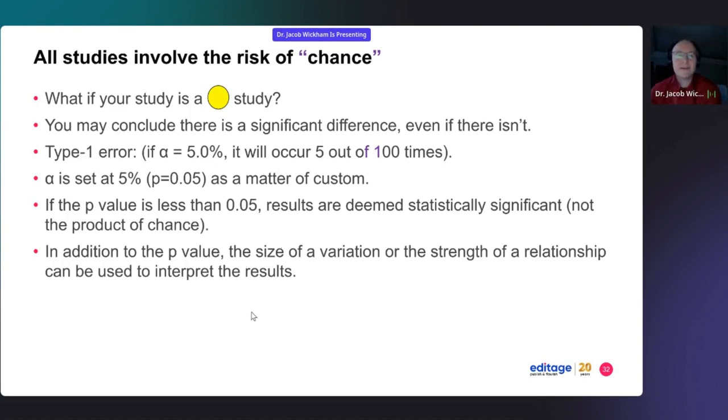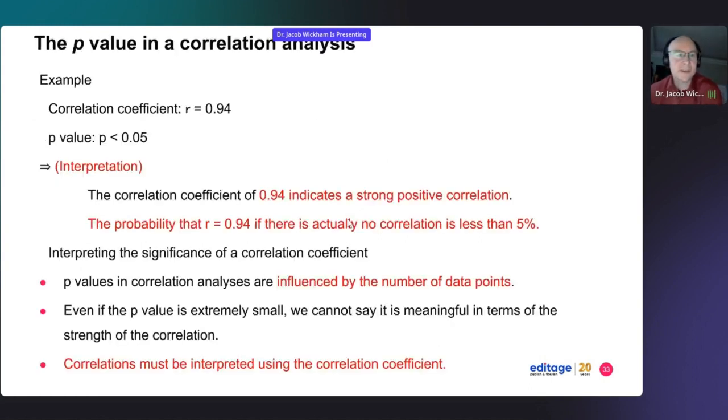But in addition to p-values, you need to look at other things like what is the variation, what is the variance, how spread are your data, what is the strength of the relationship. If you look at a scatter plot and you're looking at a regression, you can look at other parameters of your data to help you draw your conclusions. One example is the correlation coefficient. If you have a scatter plot, you can calculate your R, and the correlation coefficient is R, and this shows a very strong correlation. This is just an example.